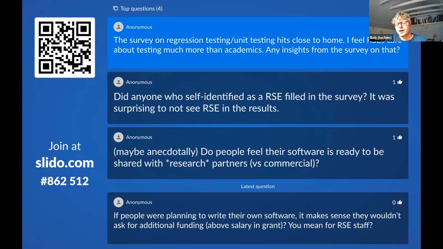So you had the 3 charts, which said continuous version control was what people were most comfortable with, then continuous integration and testing. Is testing that important for academics? I think